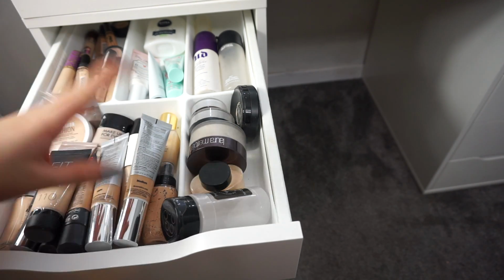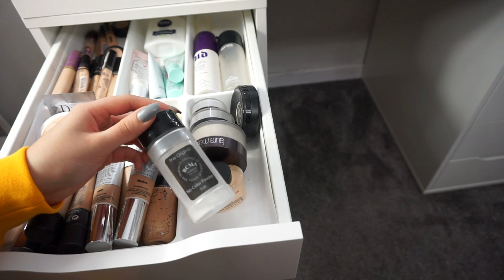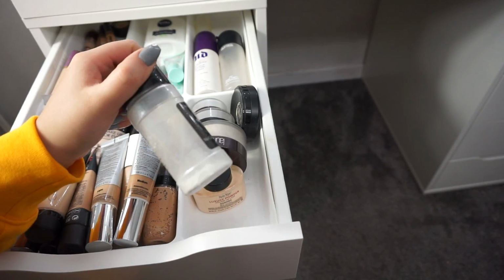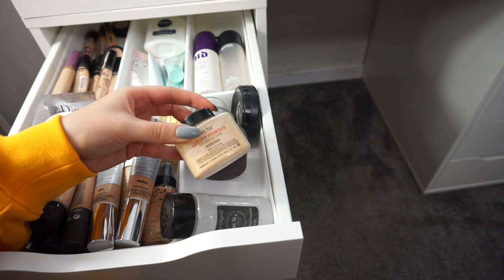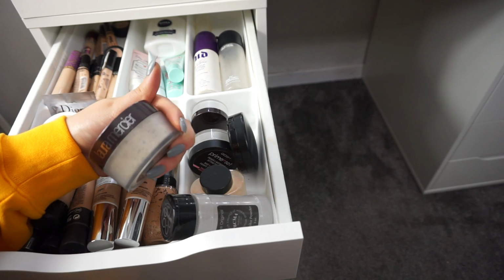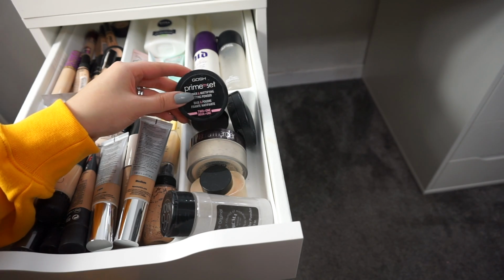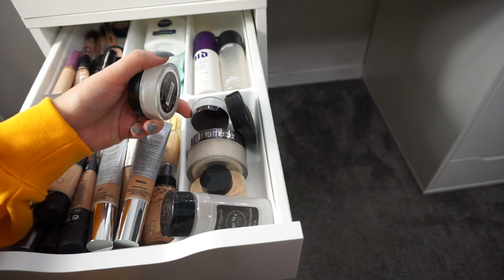It's really good. Moving on to setting powders, I have the RCMA No Color powder, which, as you can see, it's really loved. I love this thing and I'm almost all done. Then I have my Ben Nye Banana powder, which I like to use to clean up my contour. Then I also have the Laura Mercier Translucent Setting Powder, which is my all-time favorite. Then we have this Gosh Prime and Set, which I've had forever and I don't really use it anymore, but